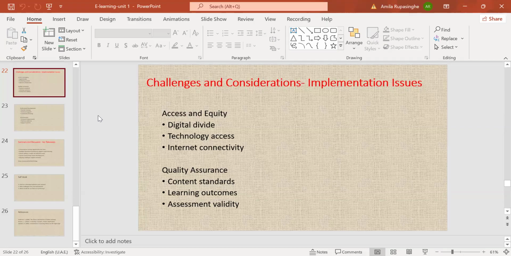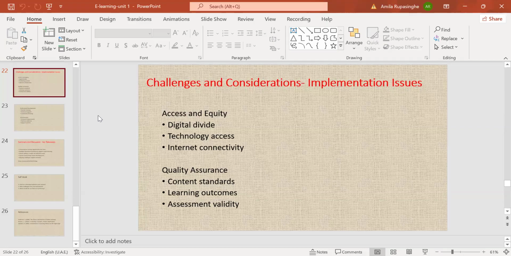When we have lots of information, even we get confused, right? And content standards, learning outcomes, even we don't know about that, right? Everyone may have designed learning outcomes the way they want. What are the learning outcomes? We will talk about that a lot in the next lesson. Learning outcomes are the objectives, right? The objectives that we are going to achieve through lessons, through education, through learning.